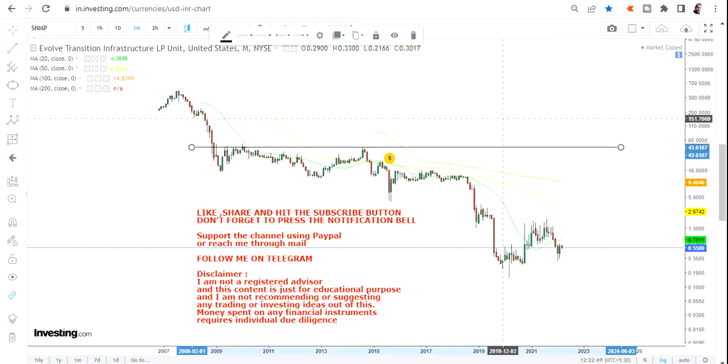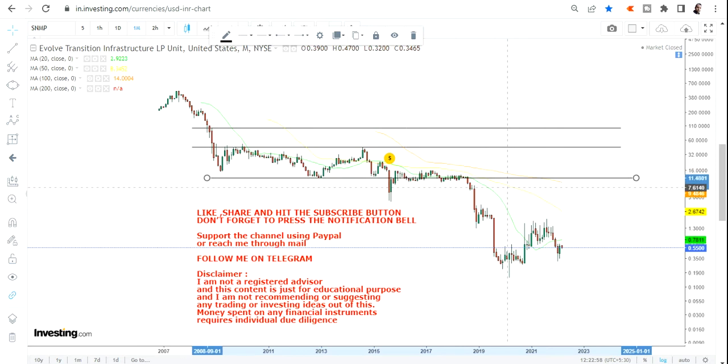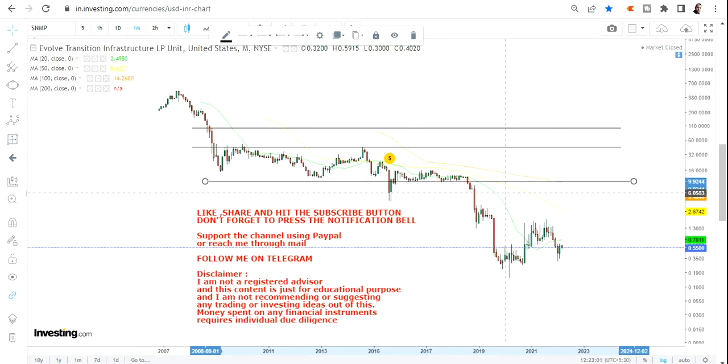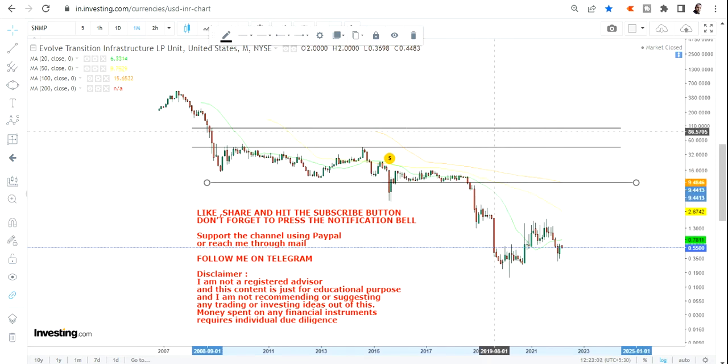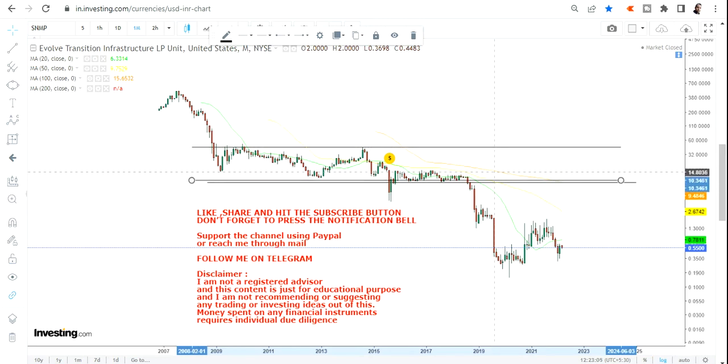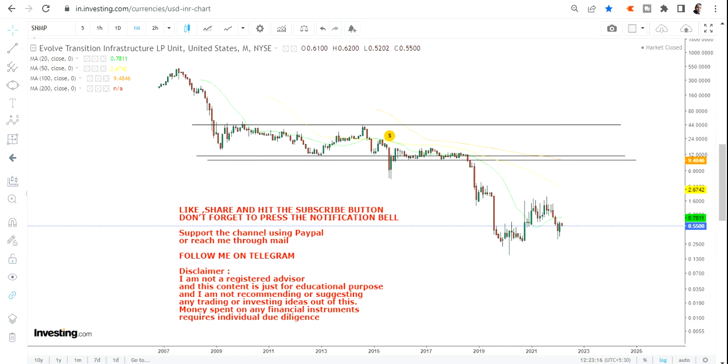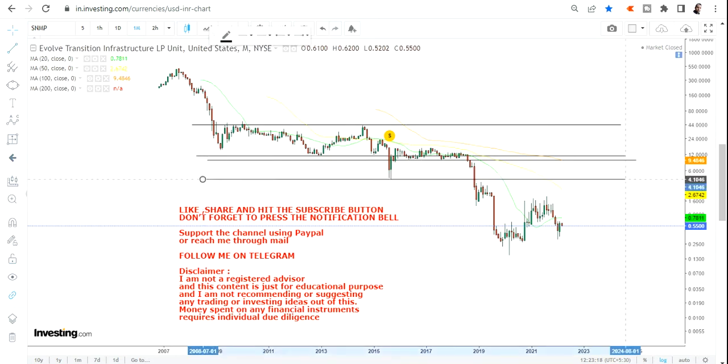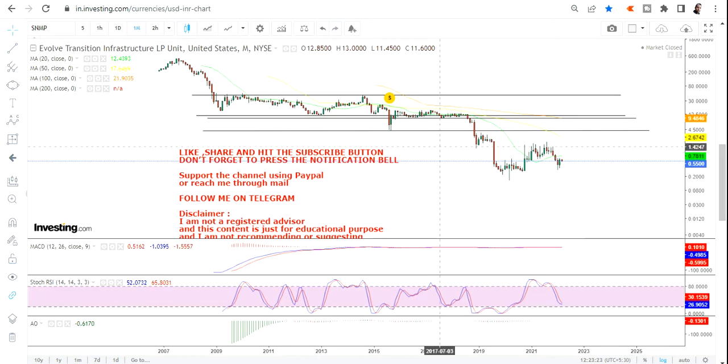Now let us see how the stock has been moving over here. So now let's understand the overall trend or the range first, because it's important to note down all the important aspects of this chart, and you will see how it has been moving in the overall context. Now if you're looking at this chart, you will see